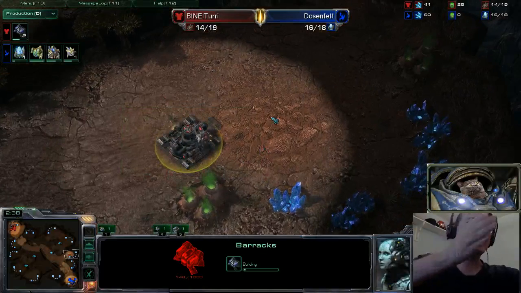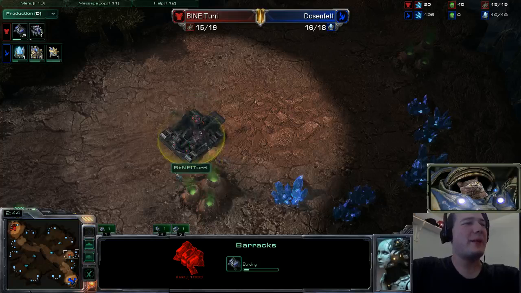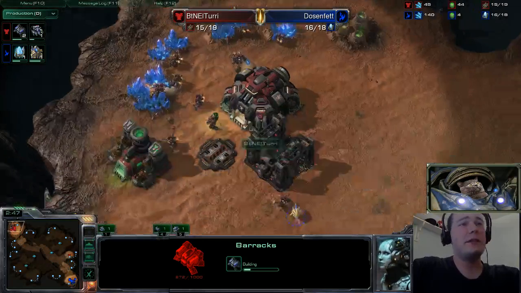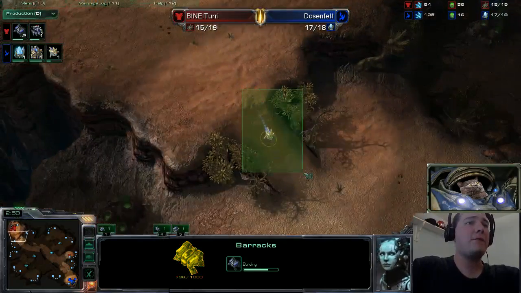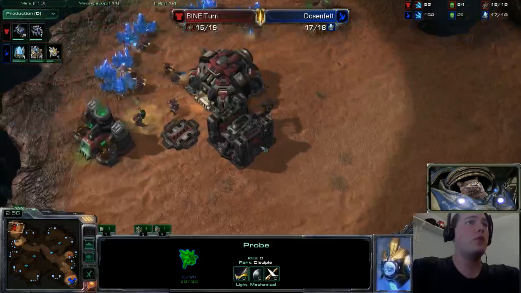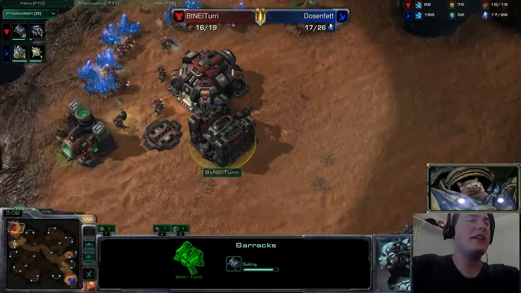Okay, so this is exactly what you're looking for. That SCV going off to the far side, throwing out a barracks of all things. So it is going to be some sort of Reaper harass. Keep an eye out on that add-on for the barracks. I think that probe really should turn around and stick around until the barracks gets completed to see exactly what